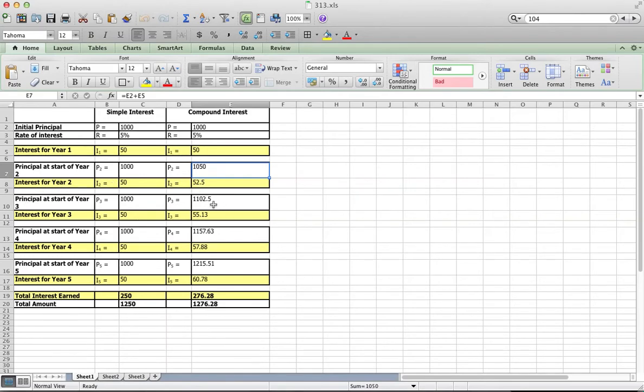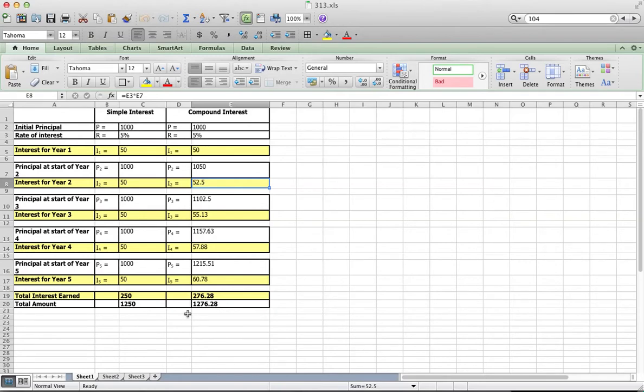So now my new principal for the next year is the $1,050 plus the $52.50 of interest that I accumulated in year 2. So it keeps compounding, or piling up, each year. So at the end of 5 years, my total interest will be $276.28, and then my total amount will be